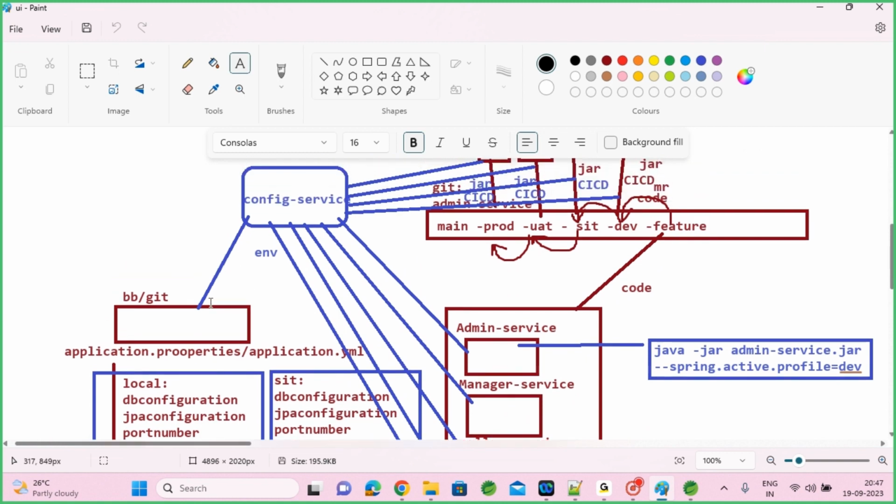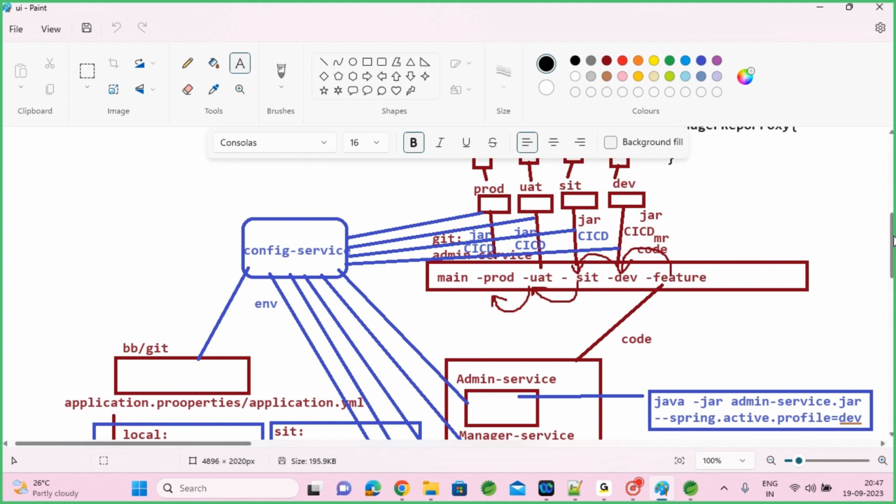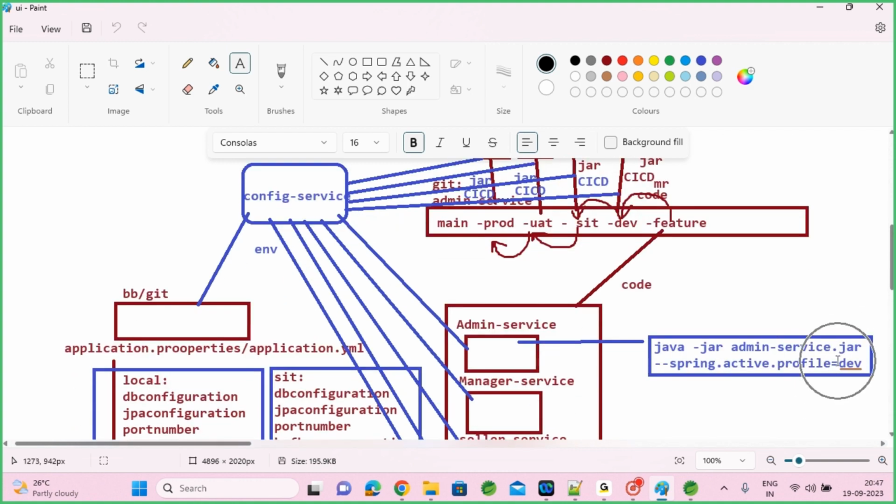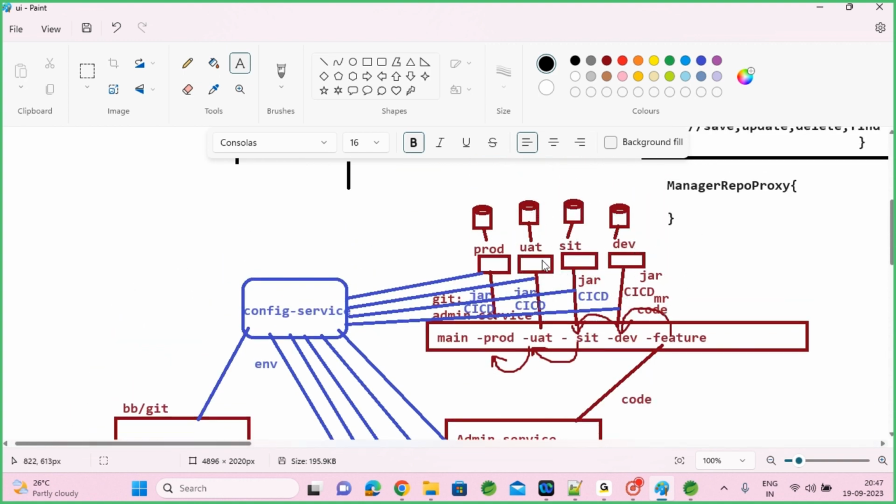It can pull the properties from your Git repository, and each service, while running, you can run in your dev branch, SIT branch, UAT branch, production branch. While execution, we will be changing this property so that this configuration also will be done in your CI/CD. So while configuring the CI/CD and execution, we will change this profile name. Based on the profile, it will pick up all the properties and it will deploy a suitable deployment copy into